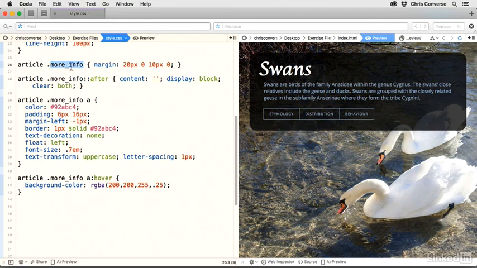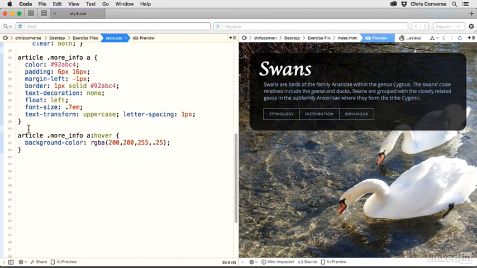We're actually going to make a small adjustment to the moreInfo class later. So let's scroll down after the moreInfo with the hover class. And let's come in here and target the first anchor link inside of the article moreInfo class. So we'll type article space dot moreInfo, then a space, then an anchor tag, and a colon. And so we're going to put in the first of type, which is a structural pseudo class, which basically means that that item is selected based on its relationship to not only its parent, but its siblings. So after the colon, we'll type first-of-type, then a space, put in our brackets, split this